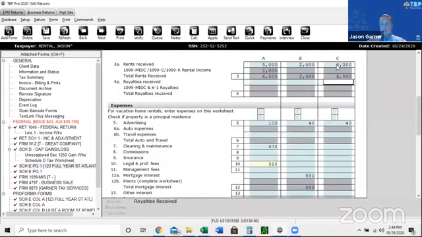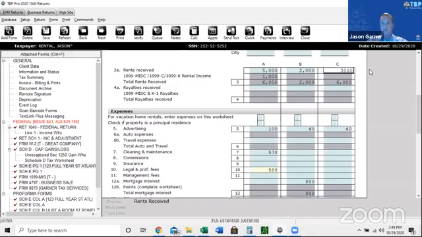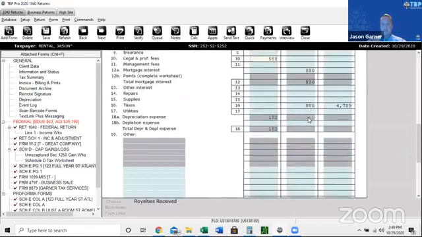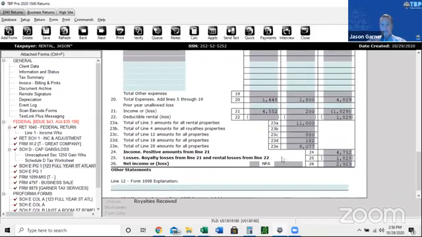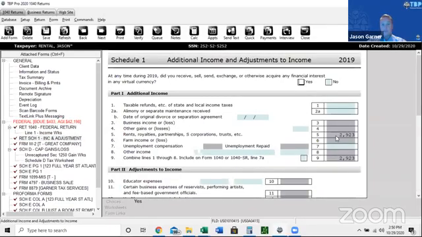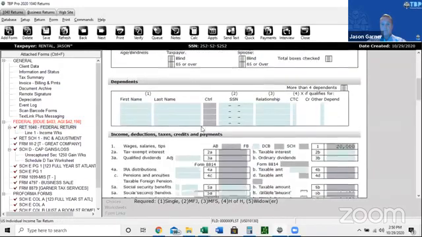If one of these was a loss, I'm just going to change this to 3,000. Just going to total for us and give us a net amount of what we made on all three of the rentals. So the loss on this one takes away from the gain on the other two. Now, this number, my net income here, this 2,923, is actually going to be carried to a Schedule 1, which you're going to see it on line 5, rents, royalties, partnerships, escorts, etc. Then that's going to move to my 1040,